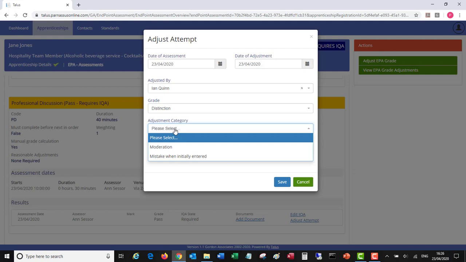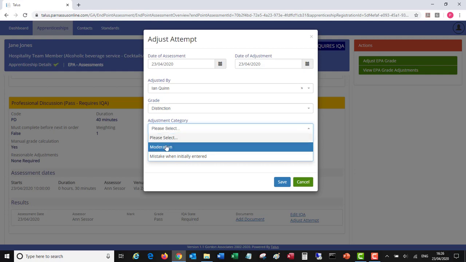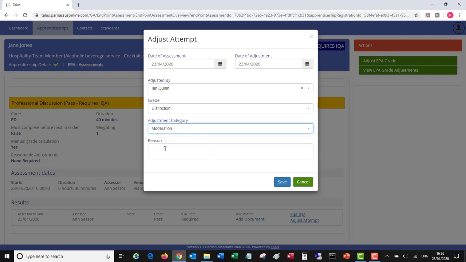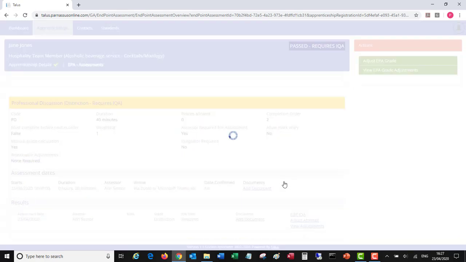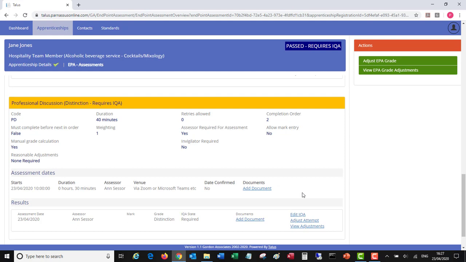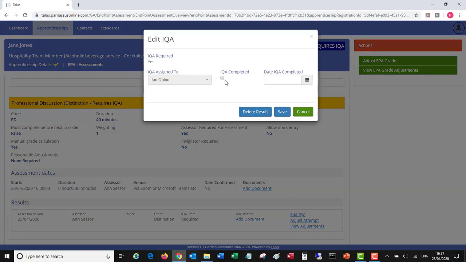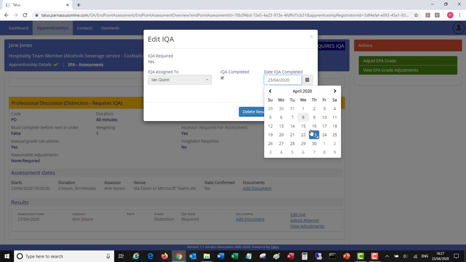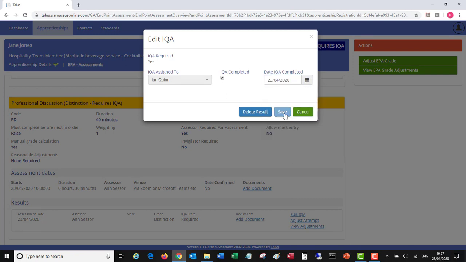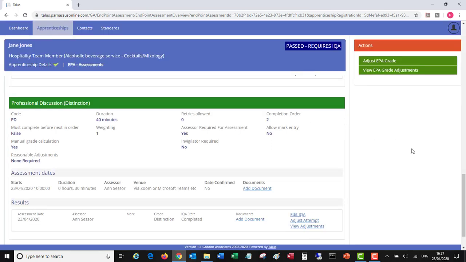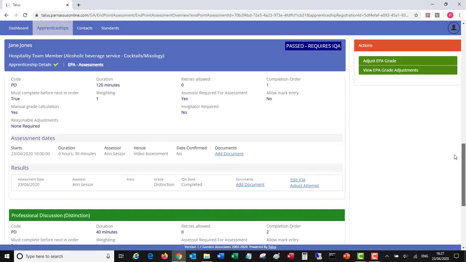There's a series of adjustment categories for reporting purposes, but you can customize that in your copy of Talus and enter some notes about the reason for the change. You still need to formally indicate that the IQA process has been complete using the Edit IQA button. So now we've got all 4 assessment components have gone green,